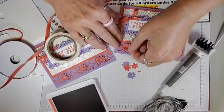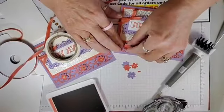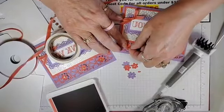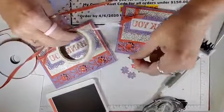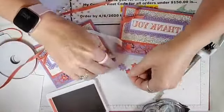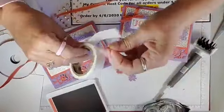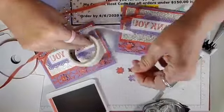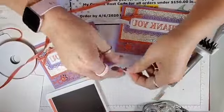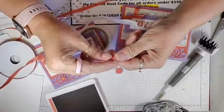And again, we're going to put the gold gilded gems right in the center. So you can poke these holes out or you can leave them in. They're going to get hidden a little bit, so that's okay. All right, so let's glue dot. And there we go. So you can fold them, kind of crush them however you like, and you can do that before or after you put them together. So now that I've already put them together, I'm just going to kind of, if I can,